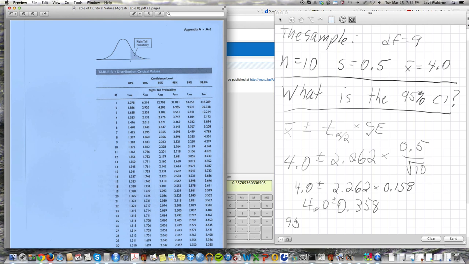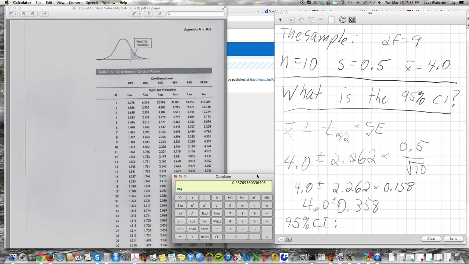So the 95% confidence interval, so we have, I'll just put this in memory and go 4 minus that. So the lower bound is 3.64, and I'll start rounding off here. 3.64 and the upper bound is 4 plus